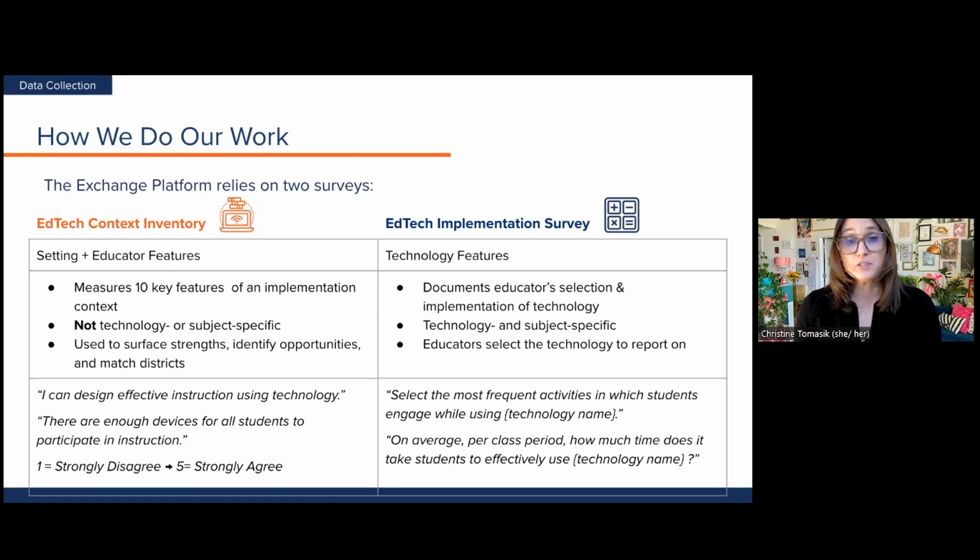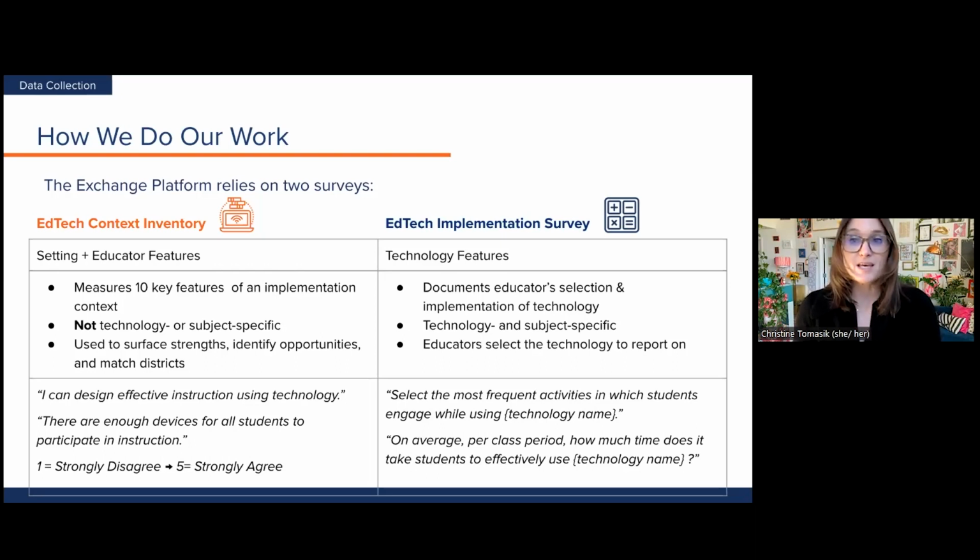The data from this survey is used to match educators working in similar contexts so they can learn from one another's implementation experiences. The second survey documents implementation experiences.